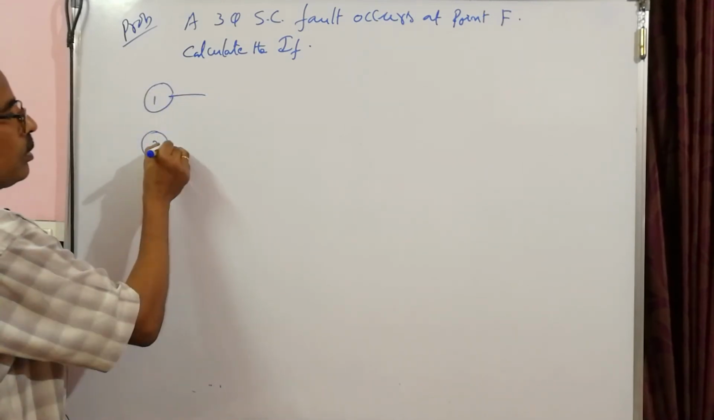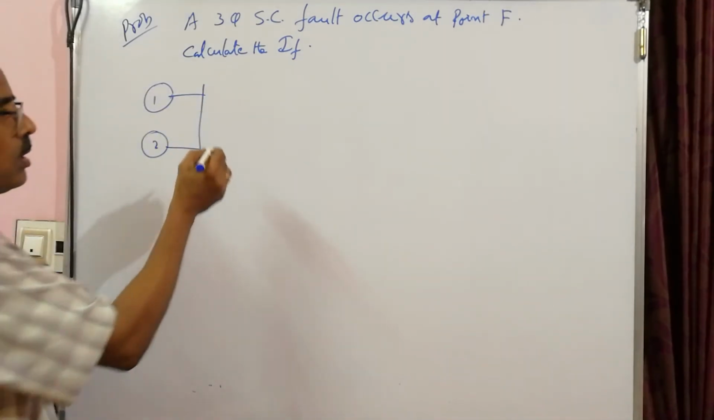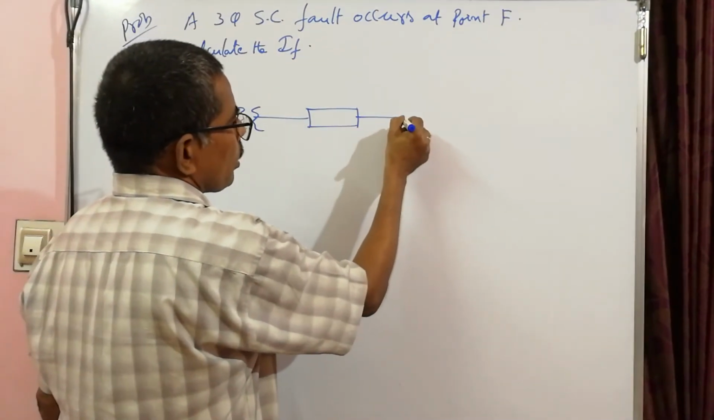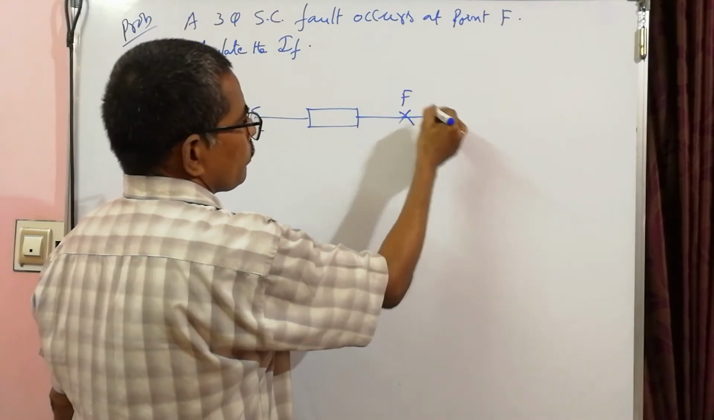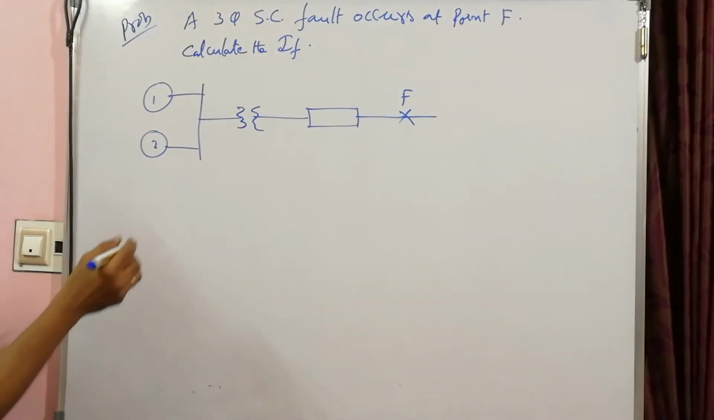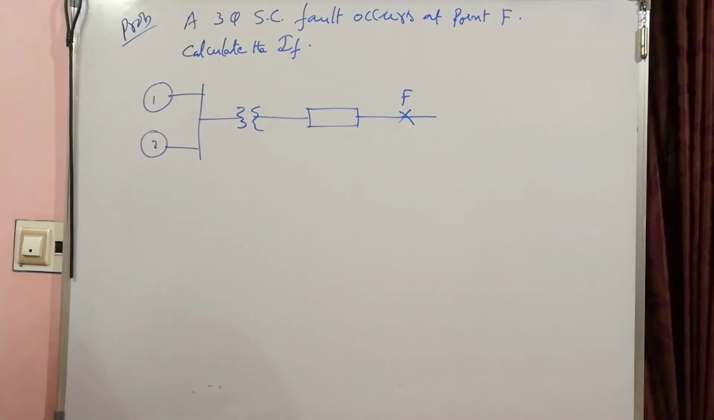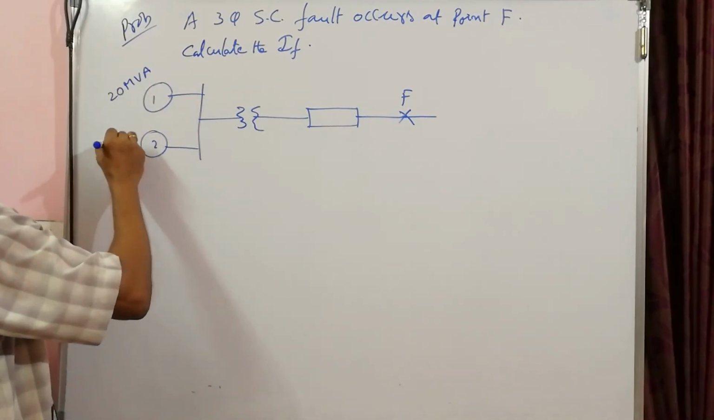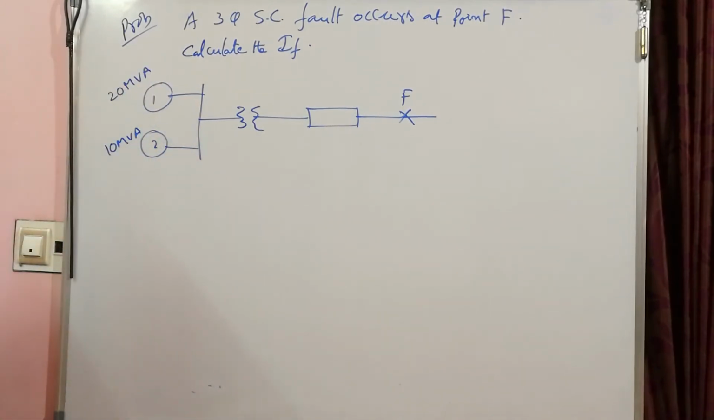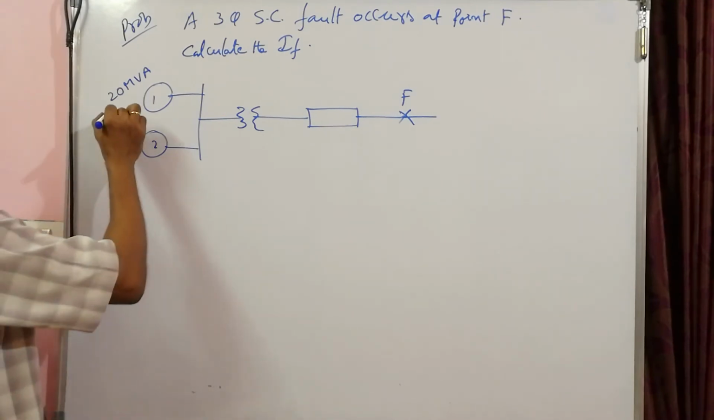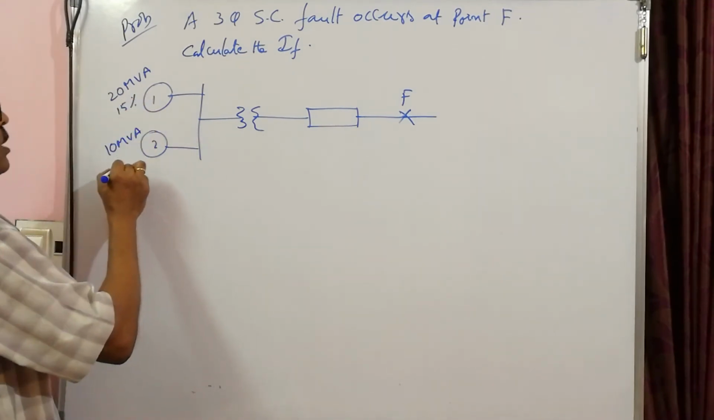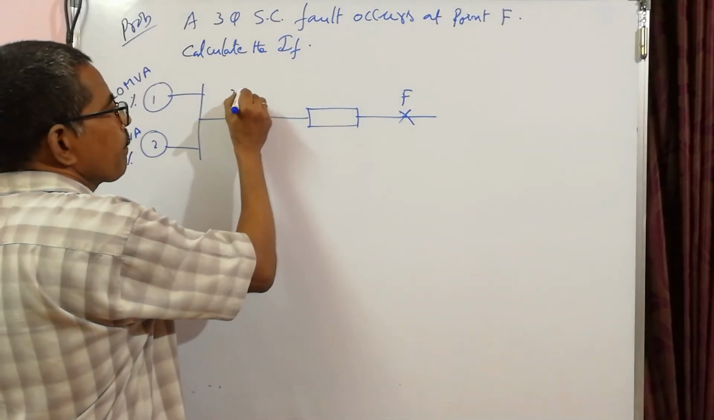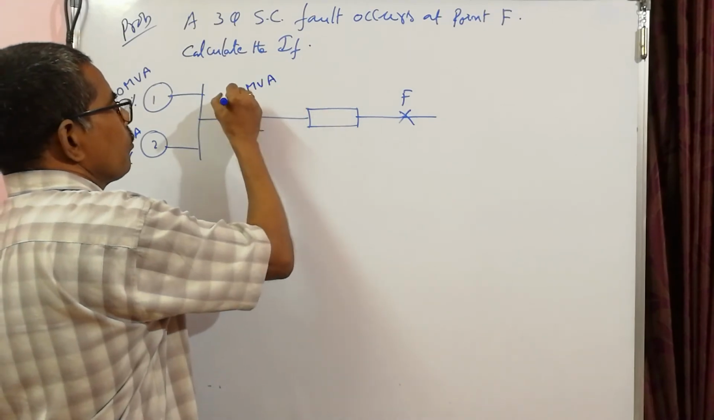1, 2. These are the two machines connected to a transformer and it is connected to a load. Fault is here. Okay. And the ratings 20 MVA, 10 MVA, and based on their own MVA, the percentage reactances, they are 15% and 10%, transformer 30 MVA, 5%,